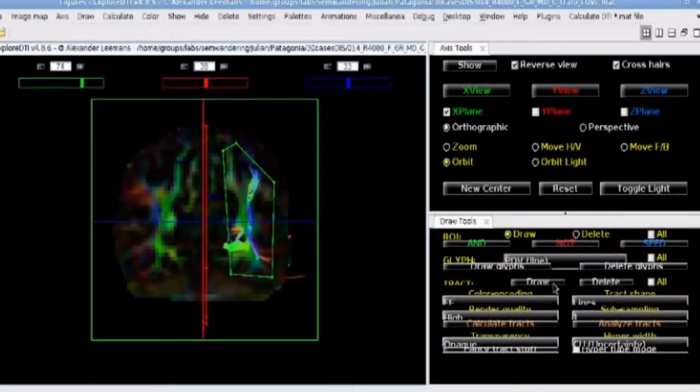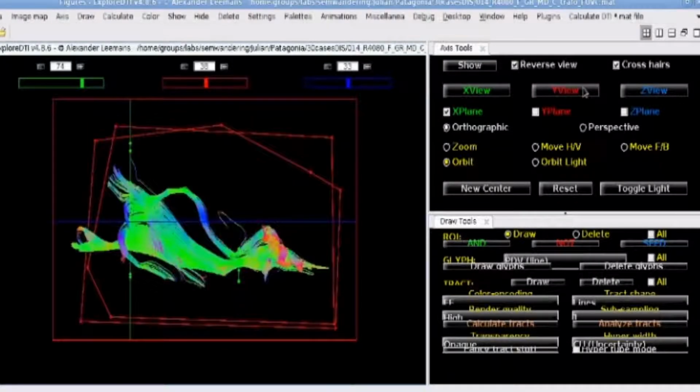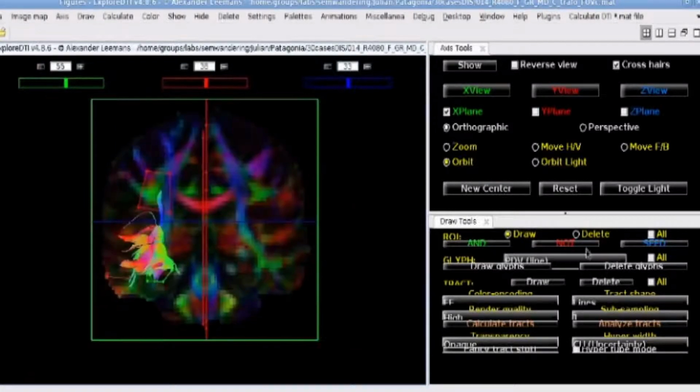Now you are seeing the dissection of the frontotemporal occipital fasciculus. This is a complex fasciculus to dissect because it goes from the optic nerve to the occipital lobe and is confounded with the inferior longitudinal fasciculus that is relevant for semantic networks. Then we need to separate